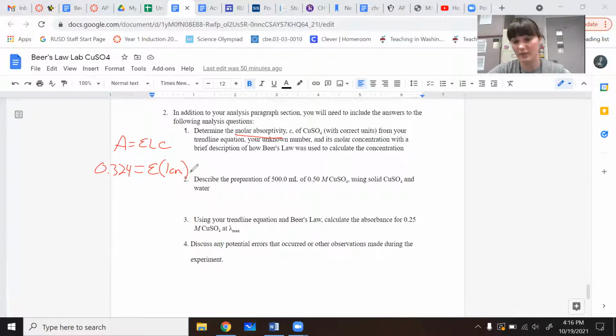You shouldn't have come up with that on your own. It said in the beginning of the lab, times 0.1 molarity. That's a concentration. So you can solve for E that way. Now, if you hadn't picked those numbers, you could use any of your other data points to do so, but